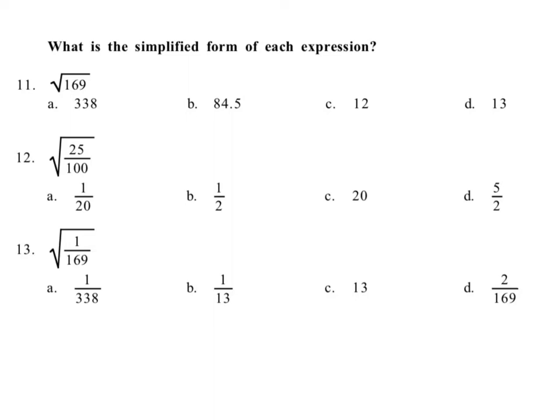Okay, all these three problems involve square roots, so we'll start with the easy one, number 11, which is simply the square root of 169. And what you're saying when you talk about a square root is you're saying what number times itself will equal 169. Or another way is to say what number